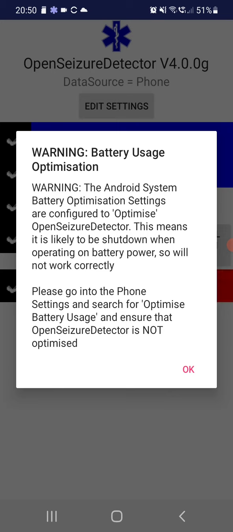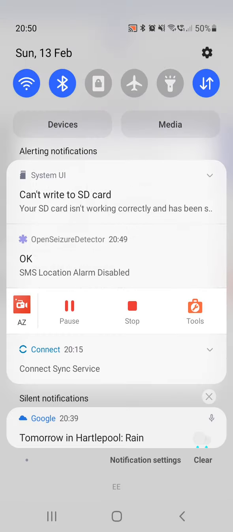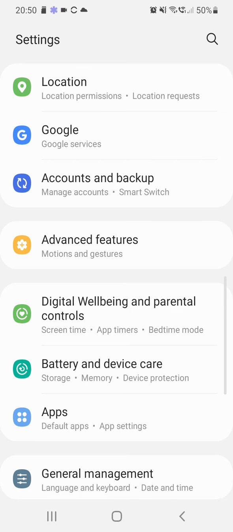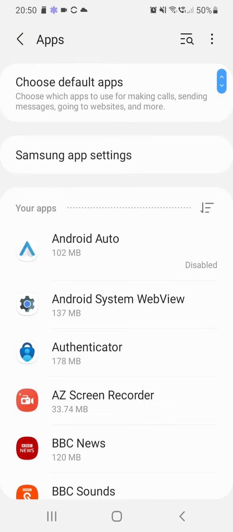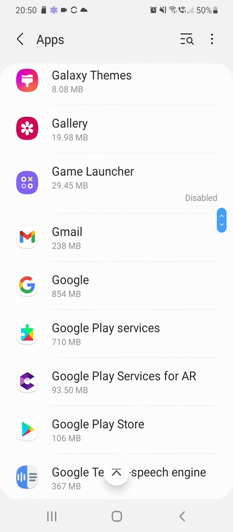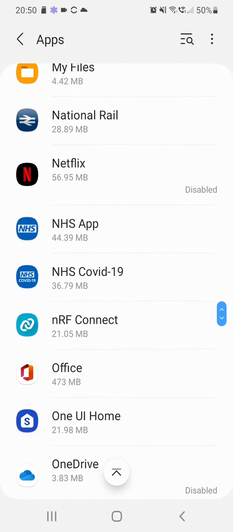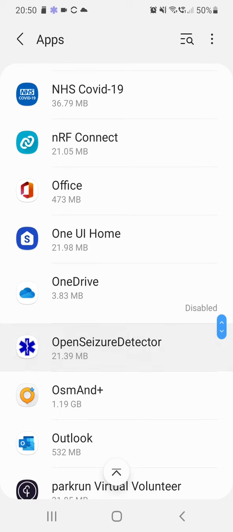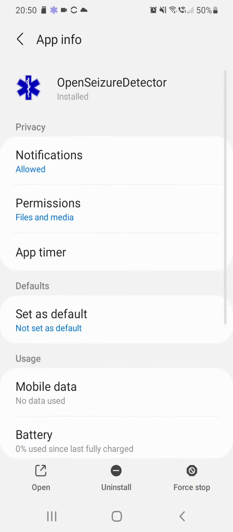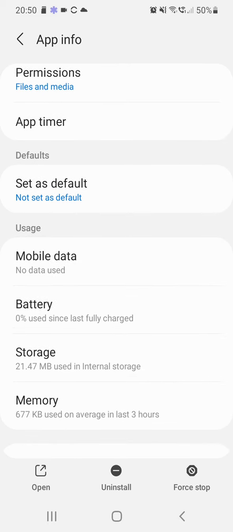So what we'll do to do that is we'll pull down the top menu so we can see the settings, and we'll hit the little cog to open our settings screen there. Then the simplest way to get to this is actually to do apps, and then we'll just scroll down until we find OpenSeizureDetector and click on OpenSeizureDetector. And then if we scroll down there, we see there's a section here called battery. So we'll click on battery,